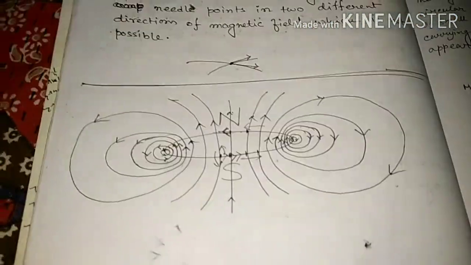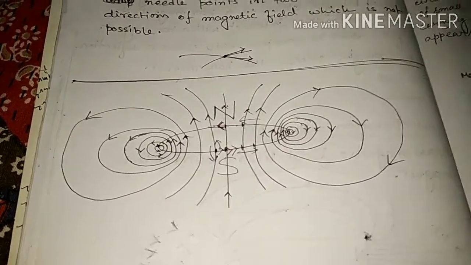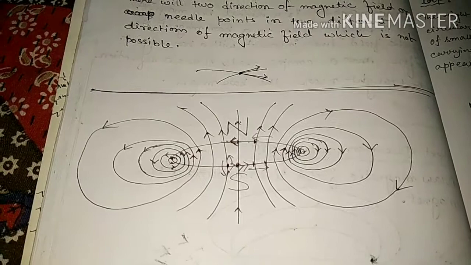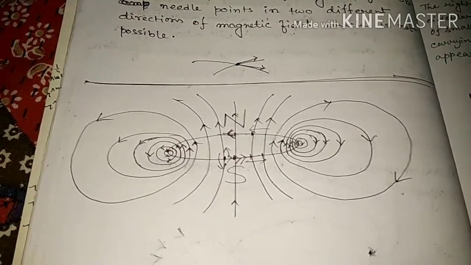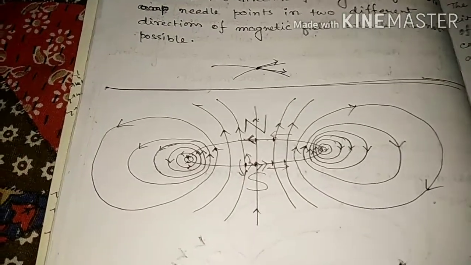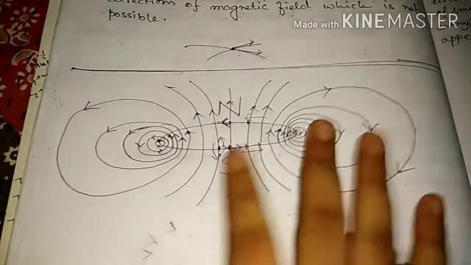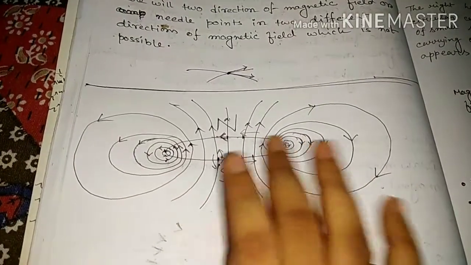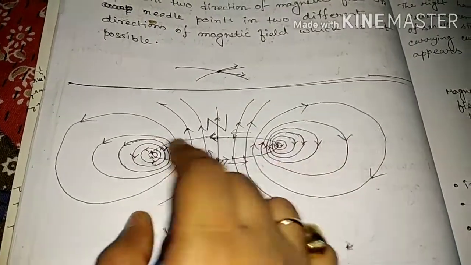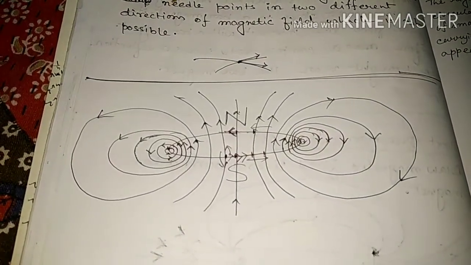So just keep in mind, whatever segment you consider, for that segment the inside portion of the loop always has the magnetic field in the upward direction, and for the outside of the loop the magnetic field points downward or inward. Understand? So this is the magnetic field due to the current through a circular loop. It is almost similar to the magnetic field due to a bar magnet. It is a concentric circle, but if you consider it very small, you also get a similar pattern of magnetic field lines as for a bar magnet.